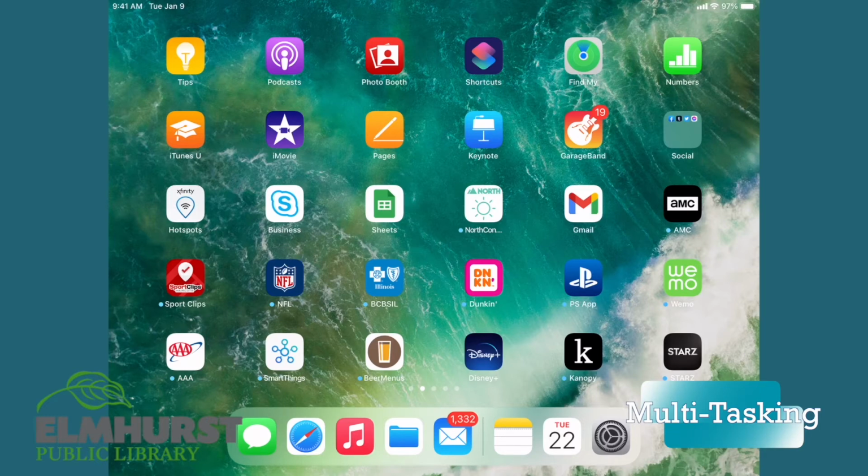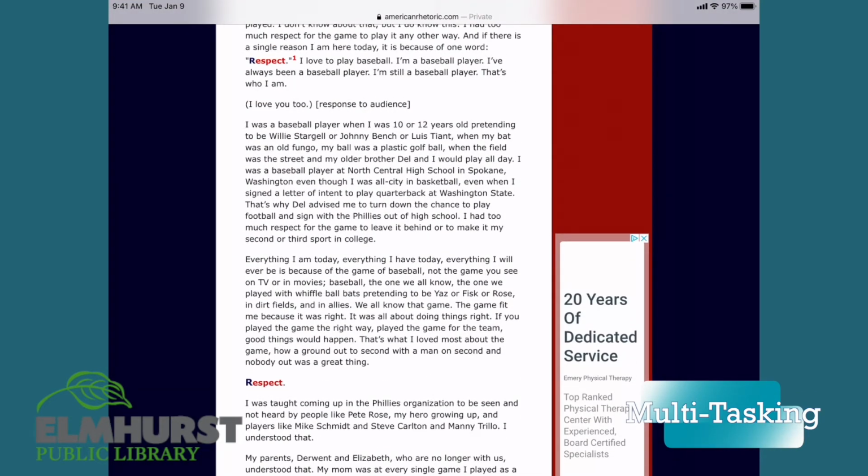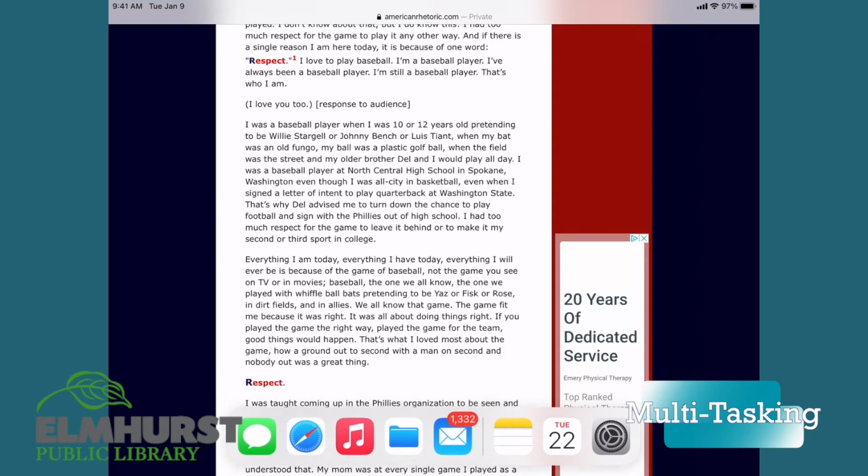So for instance, if you're on your Safari web browser and maybe you're reading an article, when you swipe up from the bottom of your screen, you'll notice that that dock appears. You can simply click and drag any one of these applications over onto the screen and have them appear side